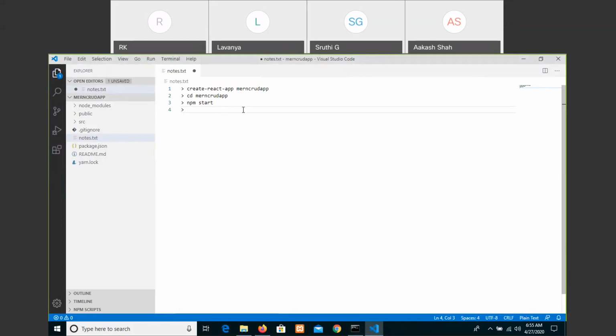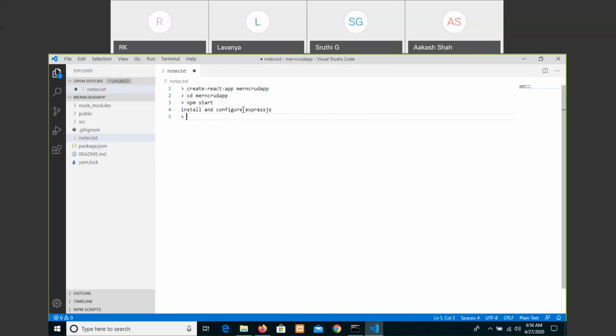Now we want to set up the required modules to work with Express connectivity as well as MongoDB connectivity. First, install and configure Express.js.